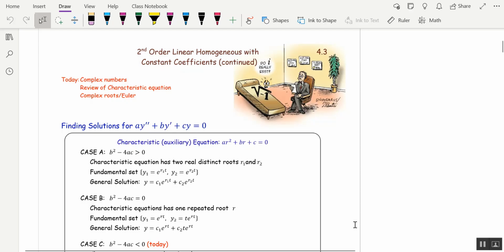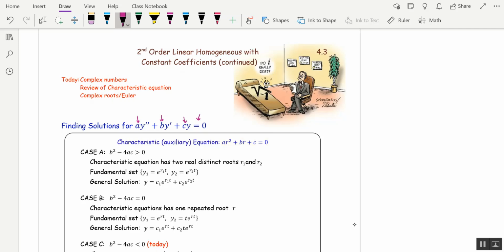Welcome to section 4.3. Let me remind you of what we're doing. We're solving second order, linear, homogeneous, meaning equal 0, DEs with constant coefficients, meaning the coefficients A, B, and C are constants. They're not variables. Last time we saw that we could solve these equations by writing down the characteristic equation, which uses the coefficients